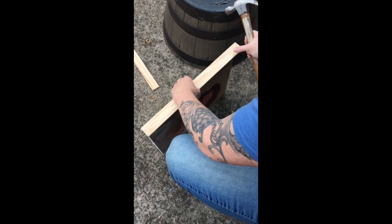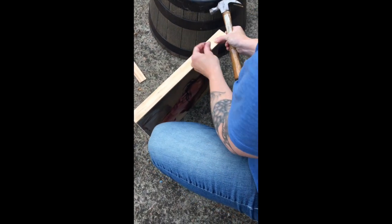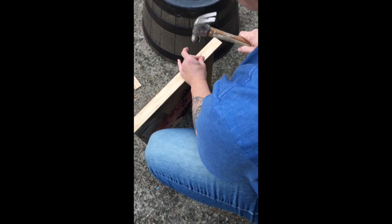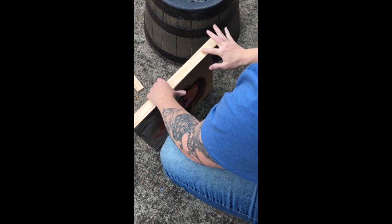Now, really this is a very small painting, and so I really only need 2. And I'll try to distance them out to be exactly the same length from the edge, so at least it's very consistent. Pound that flush, and then work on my next side. And my next side,